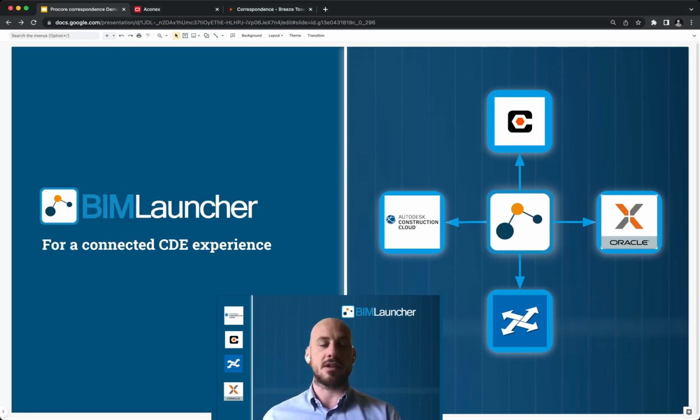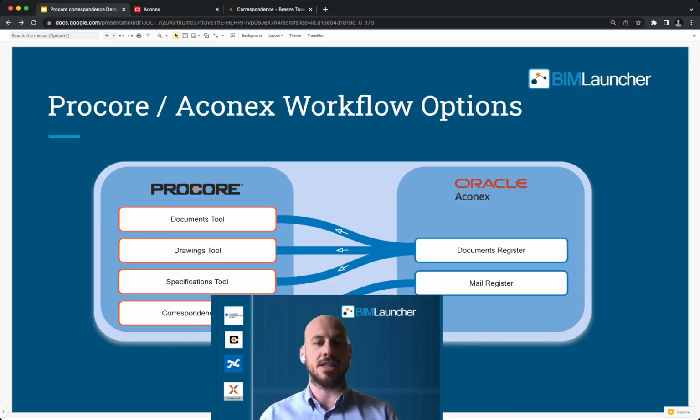Today I'm going to give a quick presentation on the workflow between the Oracle Aconex mail register and the Procore correspondence tool. This diagram shows a list of all the workflows that we currently offer as part of the BIMLauncher solution. So with that in mind, I want to move on to explaining a bit about how each workflow actually